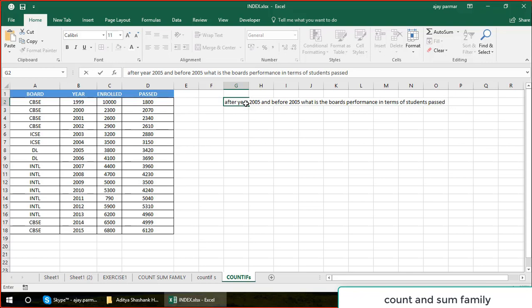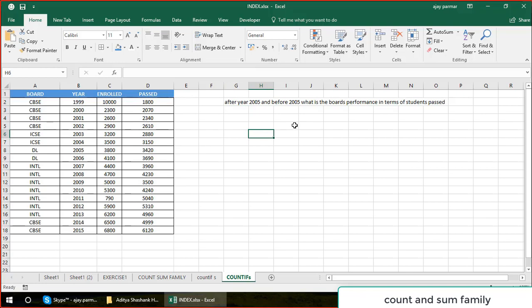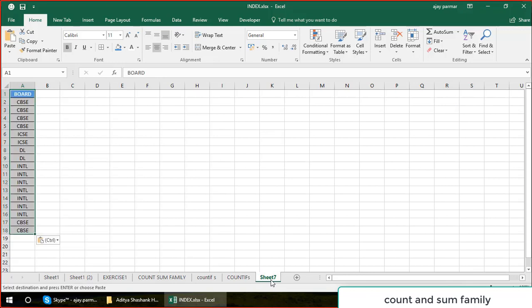So now in this particular case, what we are trying to find out is that before 2005 and after 2005, how many students have passed. We want to do the comparison, and the good thing is that this time we want to do this comparison for every board. So how you will do it? So maybe we can write here a board. You write here all the CBSE board, ICSE board. If you have multiple boards coming here, maybe let's say 10, 15, 20, you can go and copy this entire range, go in the new sheet, paste it here, select this entire column, and let us go ahead and